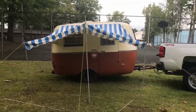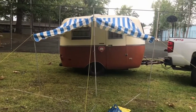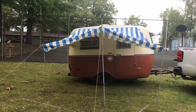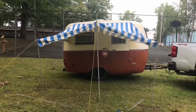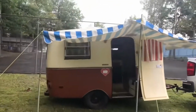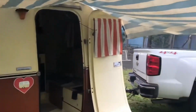Oh man. So the poles are from an old tent that we just threw out because it was filled with mouse holes. So, if you have any ideas, please let me know. Decided to push this over